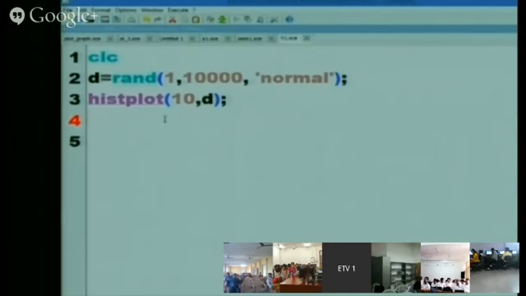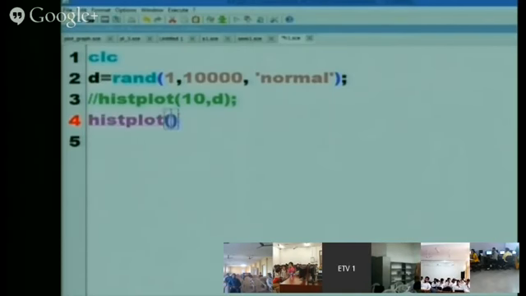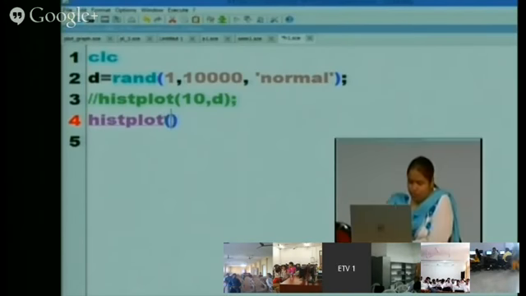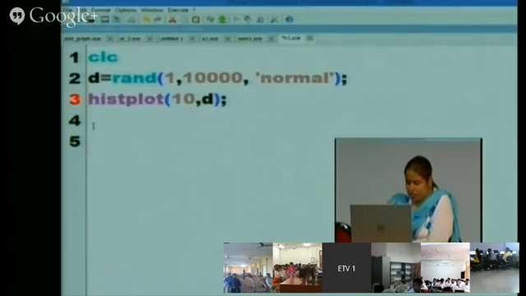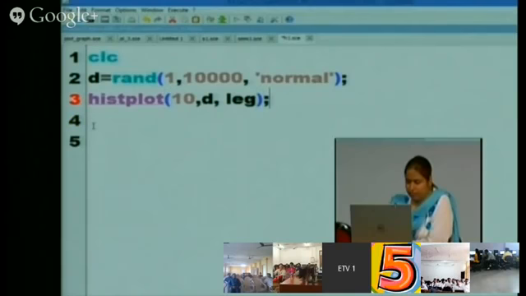Similarly, you can write like this also. Hist plot, if I am writing here only, comma, you can add the legend by using the keyword leg, legend, equal to, single quote, whatever you want to give, rand.